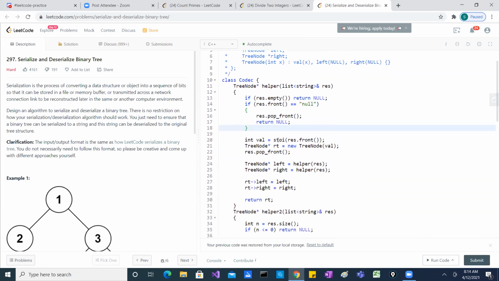Second, whenever I don't find a null, I take whatever is the front value, convert it into a value, create a tree node, and remove that from my list. Whatever is remaining, I pass to the helper to get the left and right subtrees, and then I assign them to the previous root's left and right, whatever I obtain from here. And then I return this root.